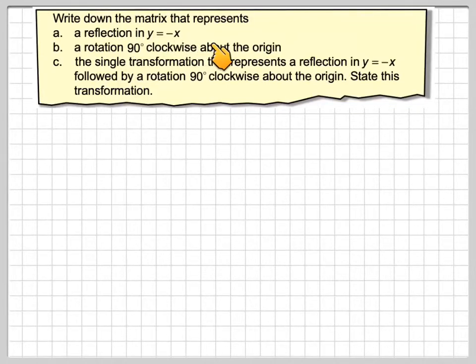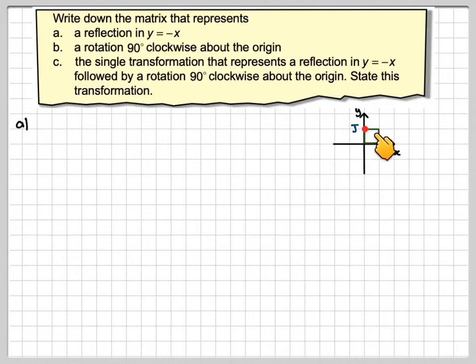Write down the matrix that represents A, a reflection in y equals minus x, B, a rotation 90 degrees clockwise about the origin, C, the single transformation which represents reflection in y equals x followed by a rotation 90 degrees clockwise about the origin. State this transformation. Okay, so you can find the matrix very easily by just looking at the (1, 0) and